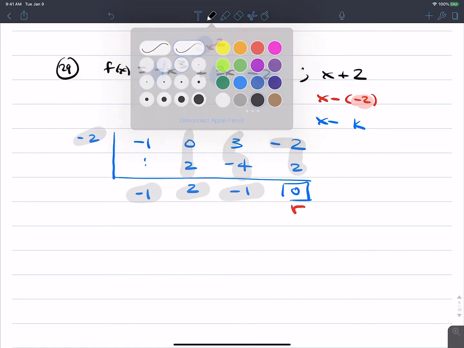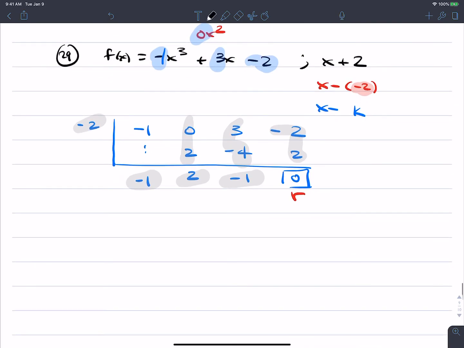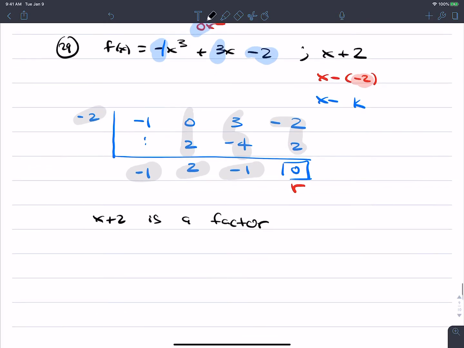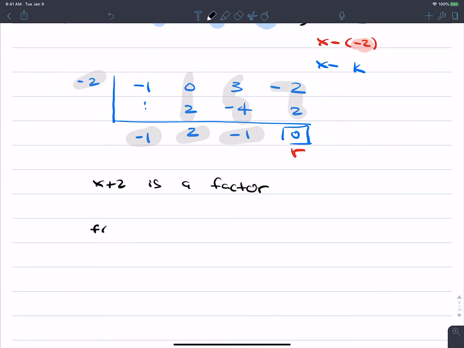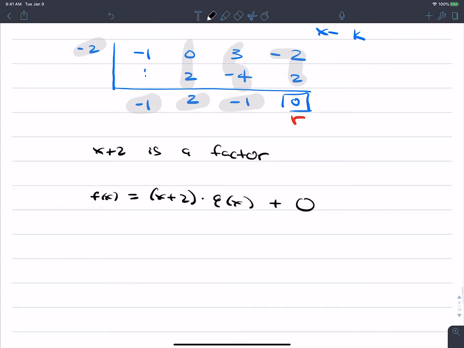So here's the conclusion. We can say x plus 2 is a factor. Because again, what that means is our function f can be written as x plus 2 times that quotient plus that 0 remainder. Well, that 0 is not even there, or you can say if I add 0, this thing equals itself. So the function here will be x plus 2